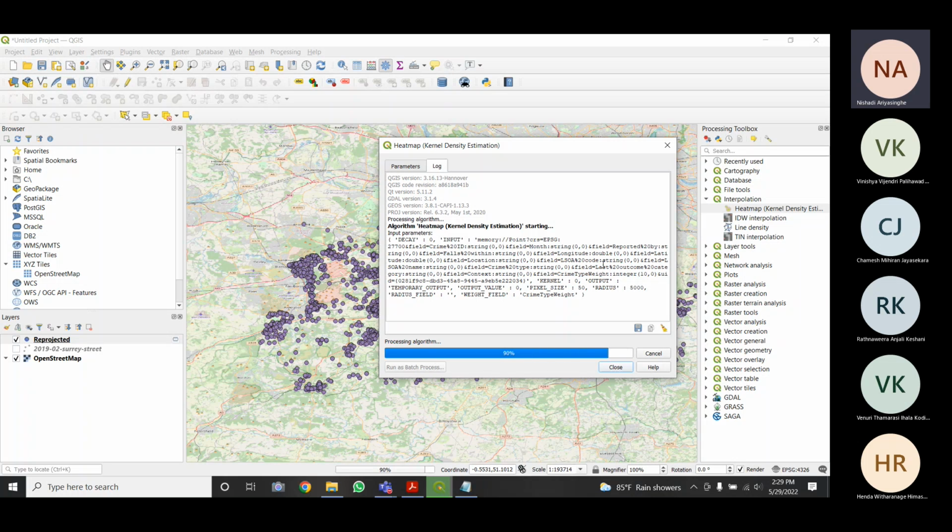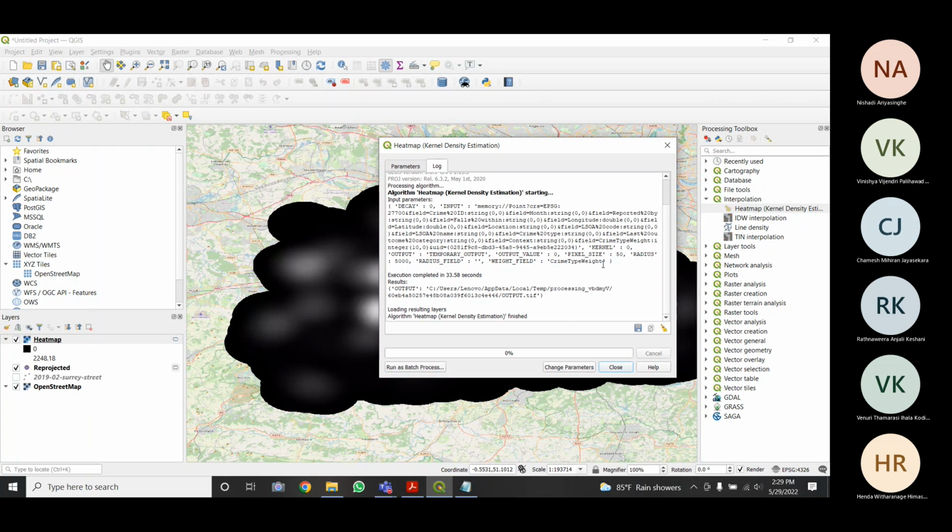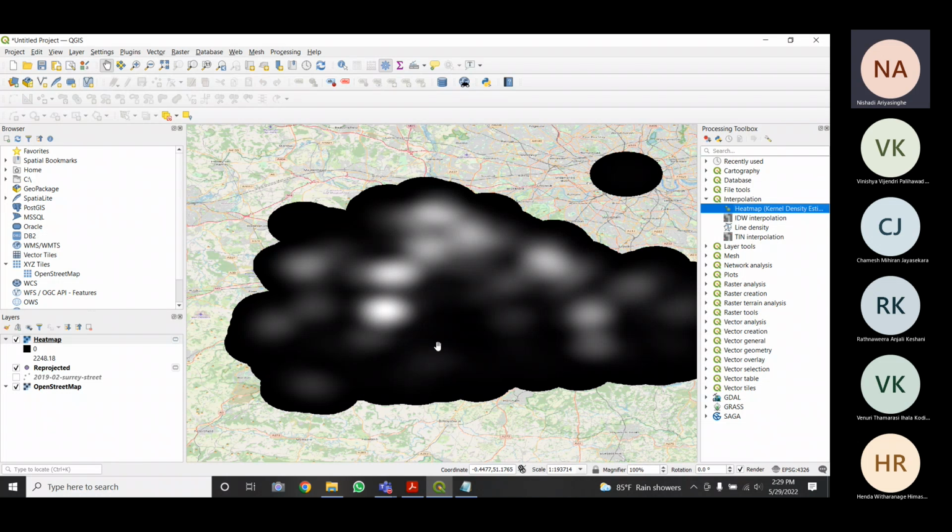Okay, so almost there. So you can see here something, maybe something that you have not expected. It is pretty much ugly.